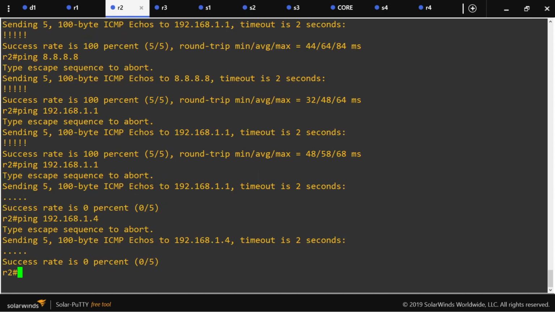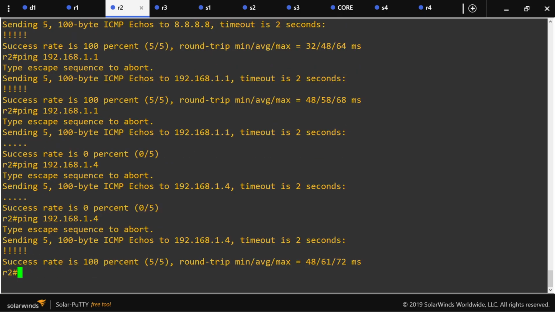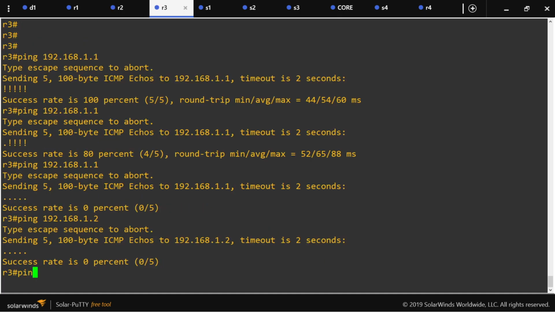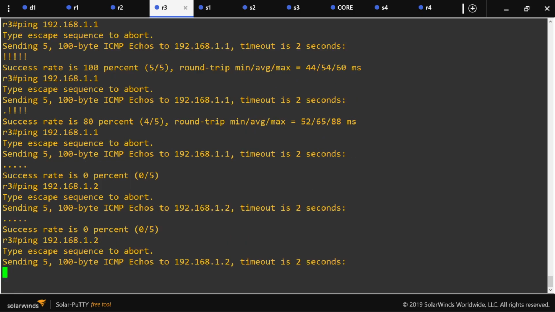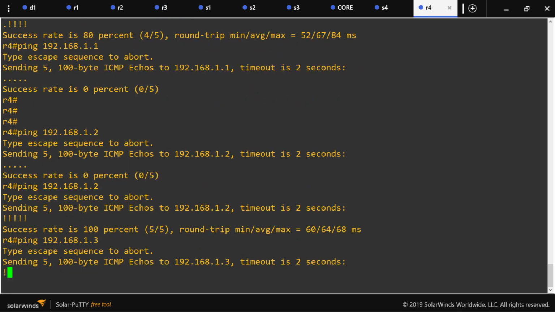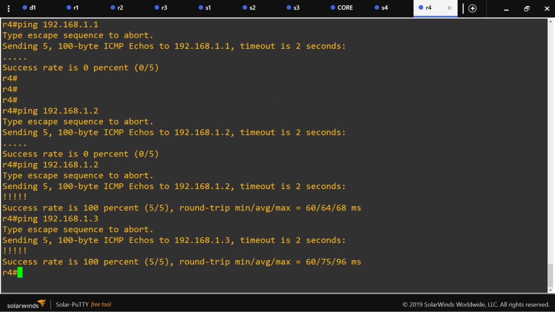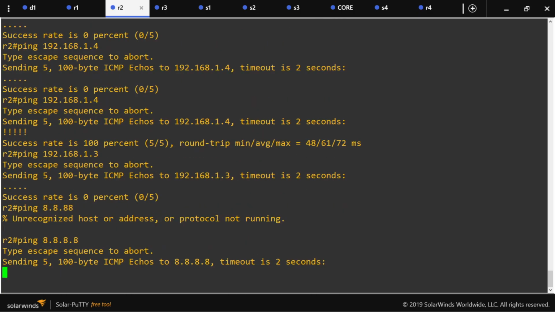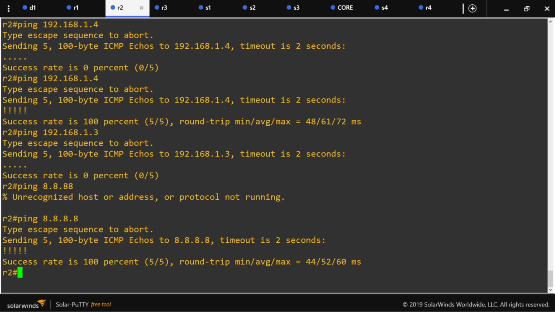Let's see router 2. Okay, it shouldn't be pinging anyone else. That is correct. Great. So router 2 is protected now. It should be able to ping the internet. Okay, great. So we have to